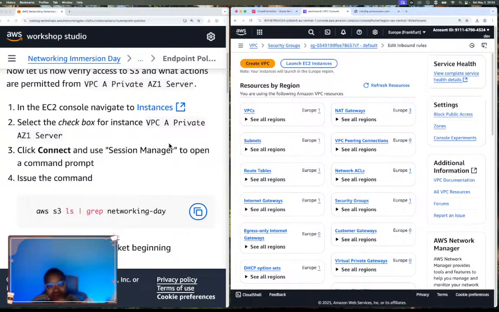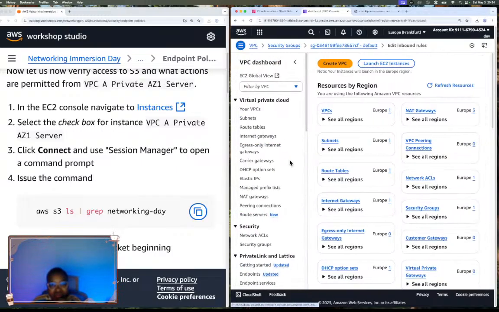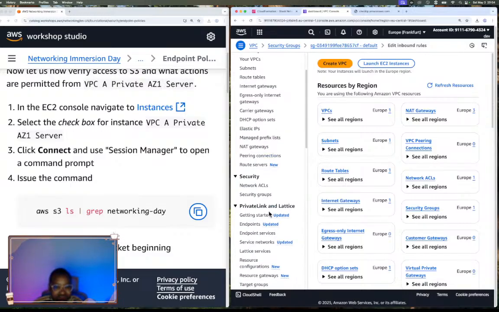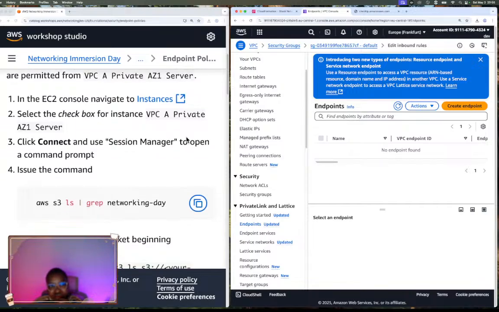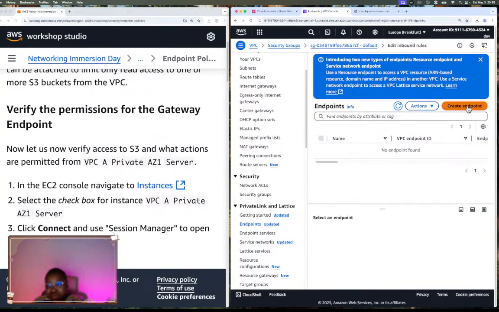I think we can still work with it. I would explain to you what the endpoints are. We don't have any endpoints deployed yet. Okay. But when you create an endpoint,